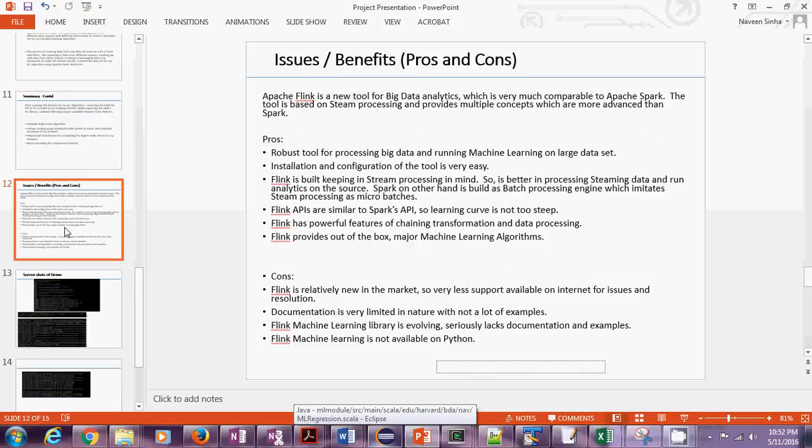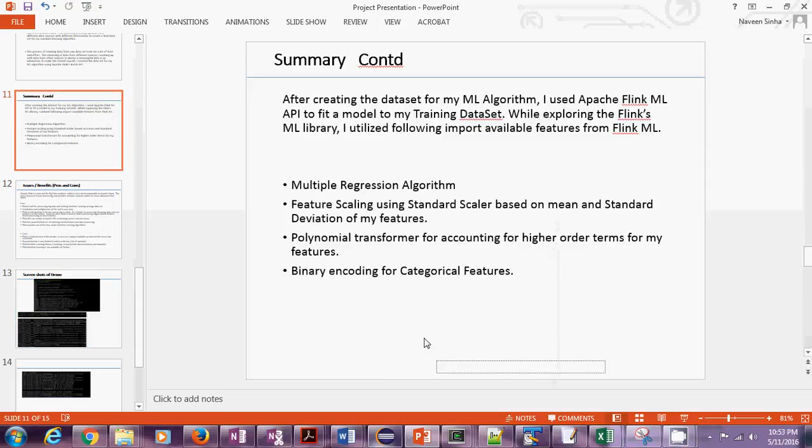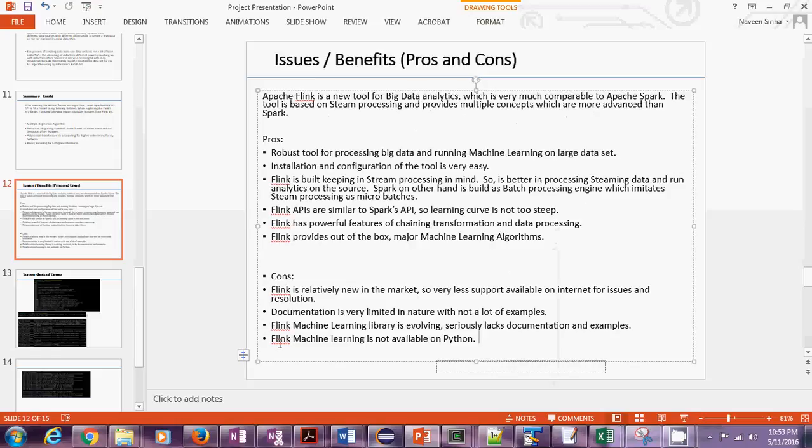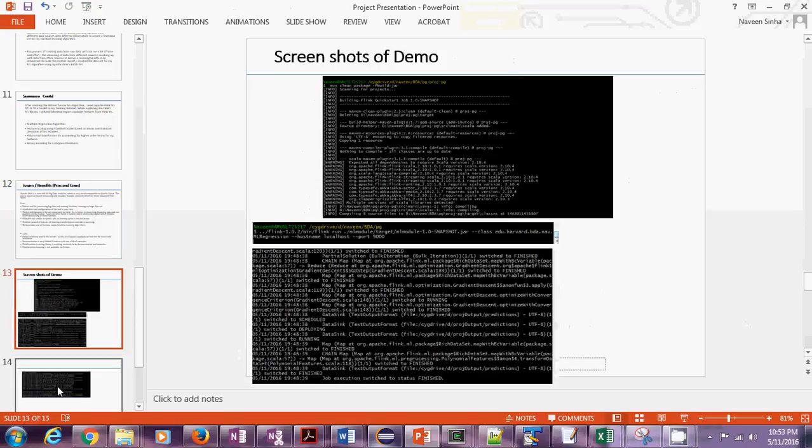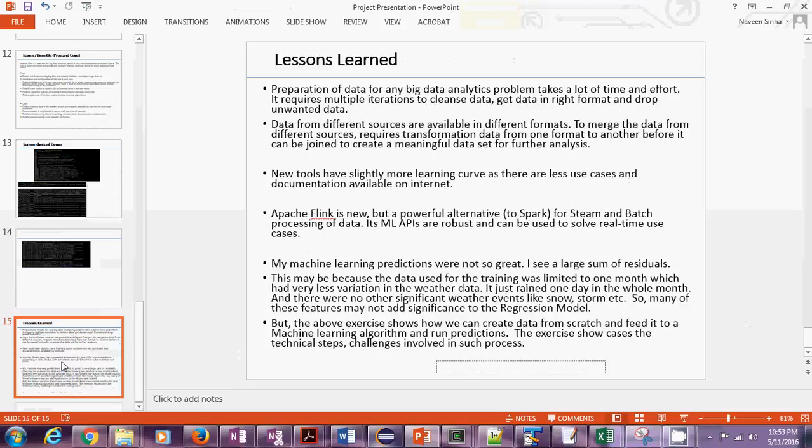Okay, now this is an important slide, so let's talk about it. Lessons learned. Before I do that, to save some time, I'm going to see if it is running. Yes, it is running. This takes a long time. So while it is running, I can also have a data set created by this process, so I can run my second one as well, my machine learning, just to save time. So I kick off my machine learning also. Now this is not going to get the data from my data preparation step on the left-hand side, but it is going to take